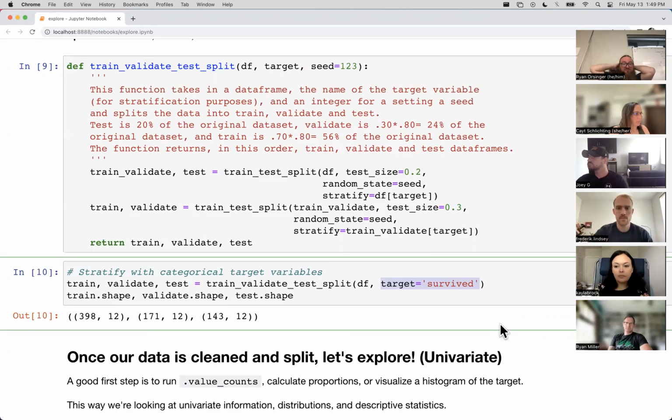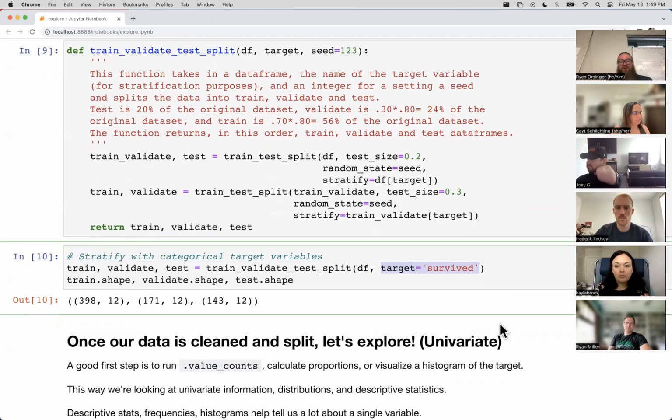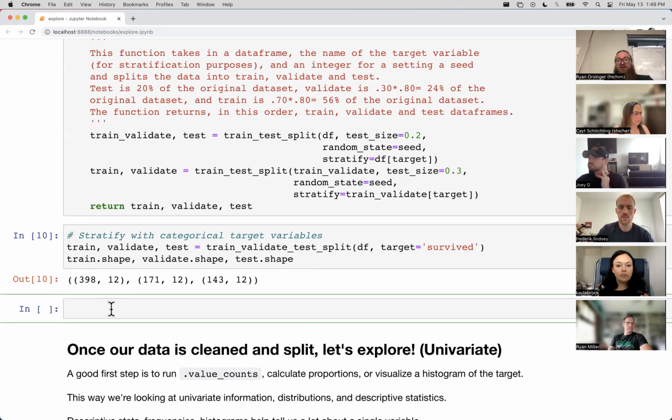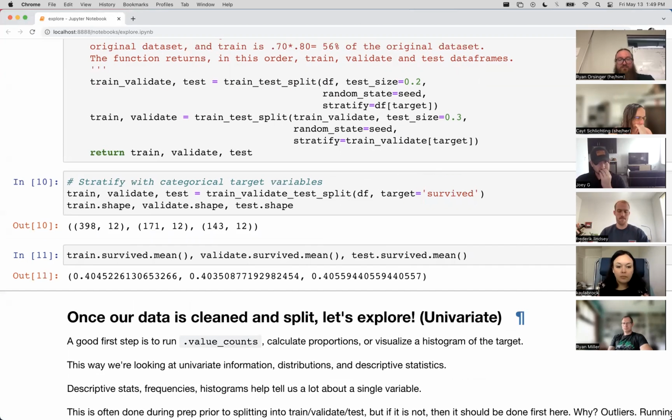Because of the randomness involved in the train test split, we don't want to unintentionally get a lopsided data frame. So if we were to take a look at, because of the stratification, the proportions of train dot survived dot mean, that should be a very similar proportion to validate dot survived dot mean, which should be a relatively similar proportion to test dot survived dot mean.